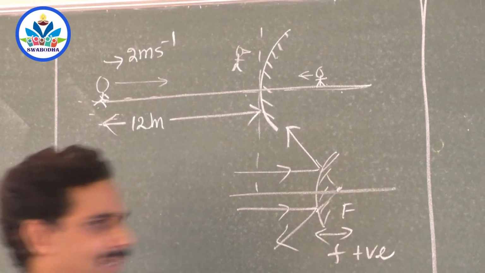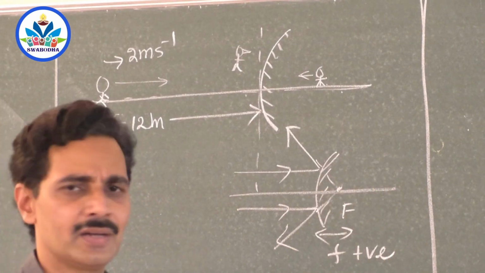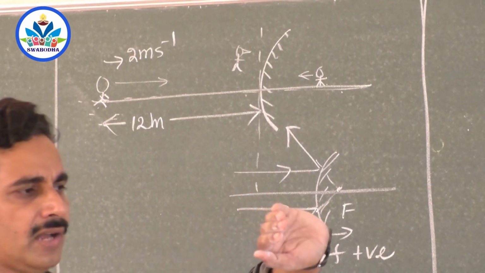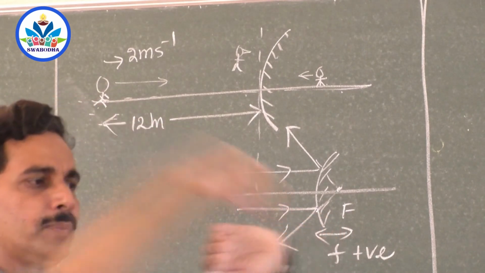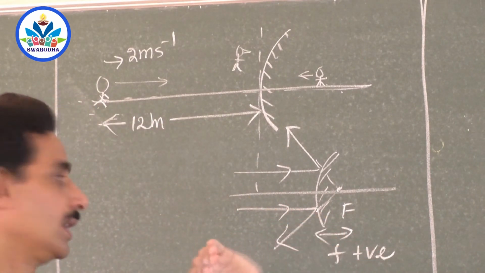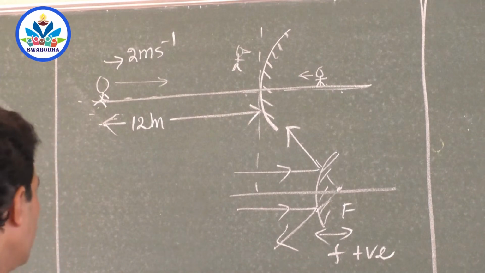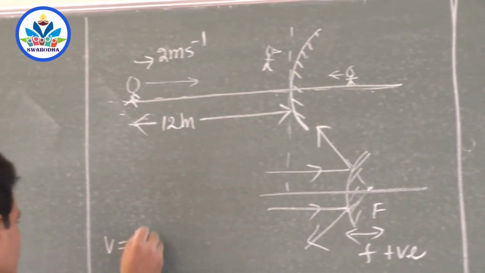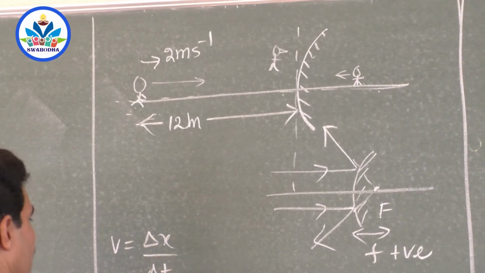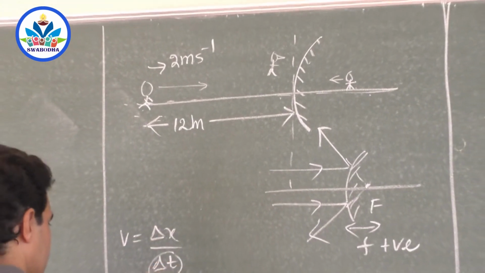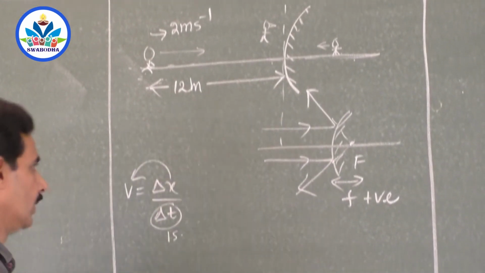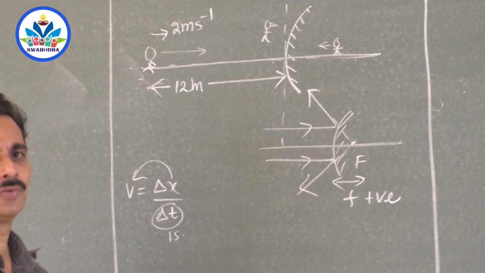Do it like this 2 or 3 times. Then you need not remember it at all. Then automatically the film will run in your brain. So convex mirror, rear view mirror, parallel rays diverge, they appear to come from the focus on the other side, so the focal length is positive. Now I will analyze it as I did in the previous problem. Speed is the rate of change of distance with respect to time, so if time is 1 second, then the magnitude of displacement itself is the speed. So I will restrict the whole problem to 1 second.